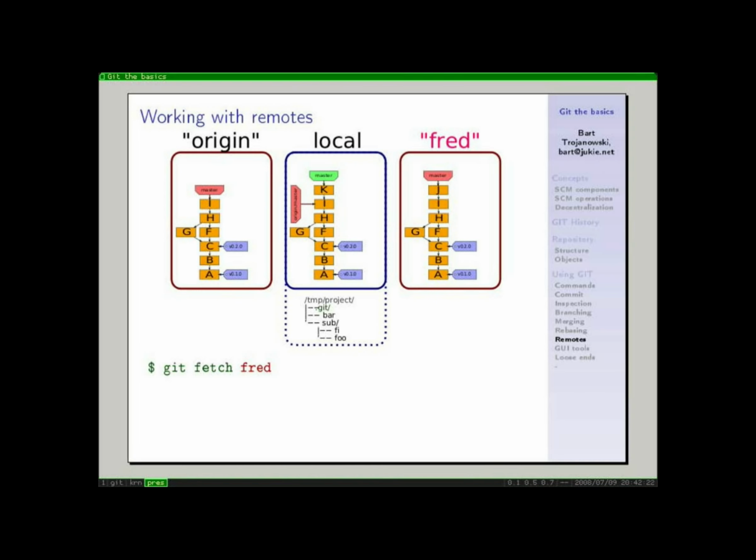And we'll fetch Fred's changes. So we're going to grab all of Fred's changes and bring them into our repository. So as we've seen before, that's going to bring all the changes over. It's not going to touch the origin master branch, which is the red trapezoid on the left side in the local repository rectangle, but it's going to bring a new remote branch into